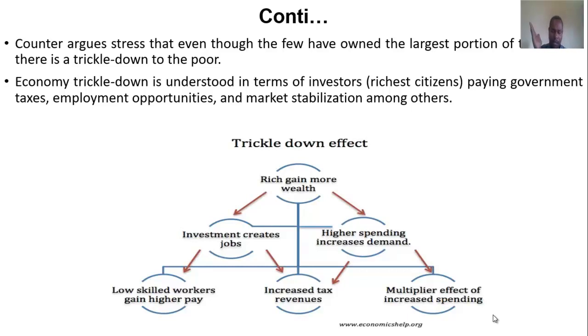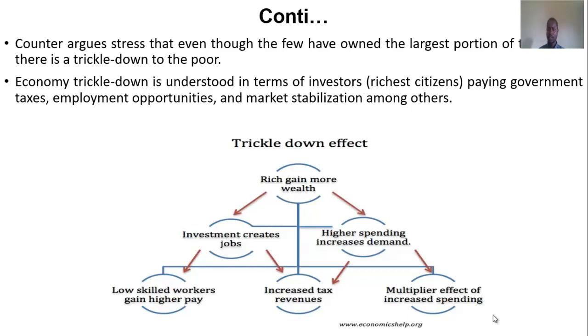Government will collect taxes on it. On the investment, government collects taxes, and in both cases the richest section of the society increases tax revenues of the government, and because of the high spending and increased demand for the